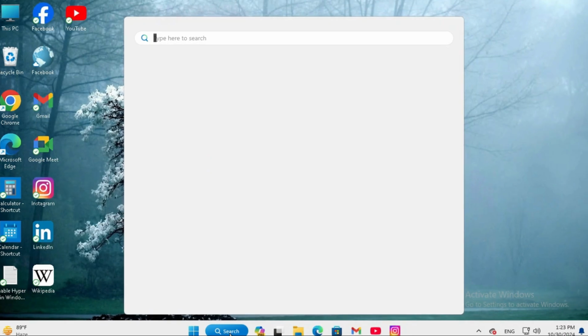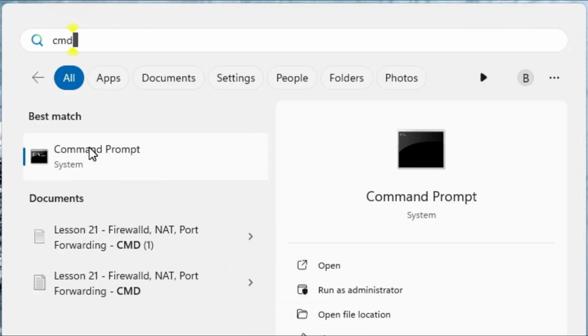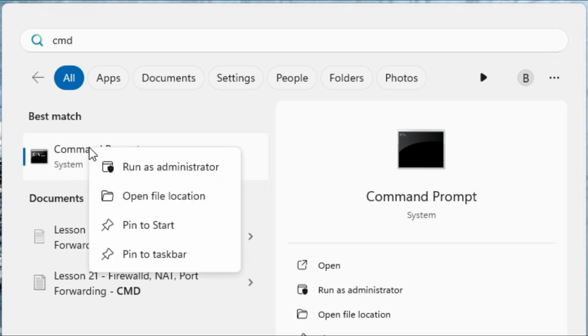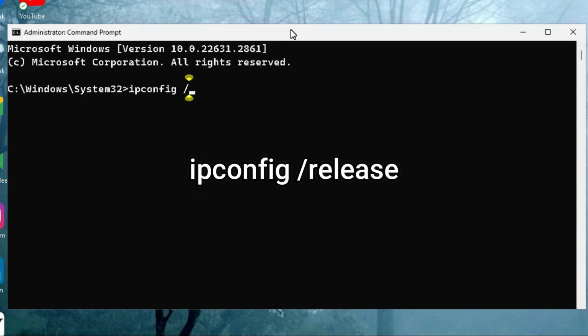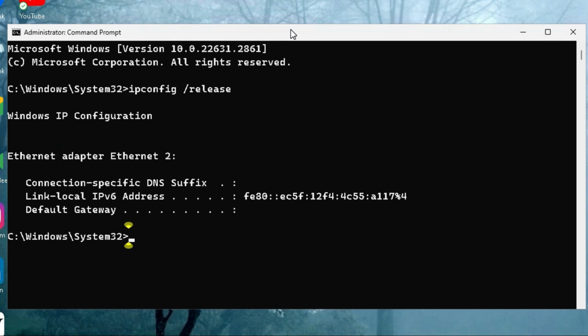In search, type CMD. Right click on command prompt. Click on run as administrator. Click on yes. In command prompt, type ipconfig/release. Now hit enter. Again type